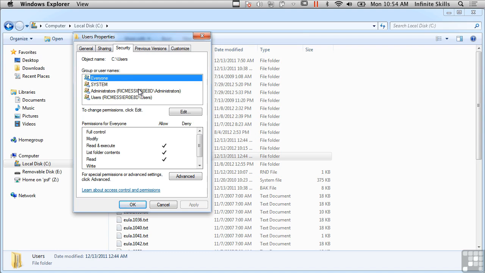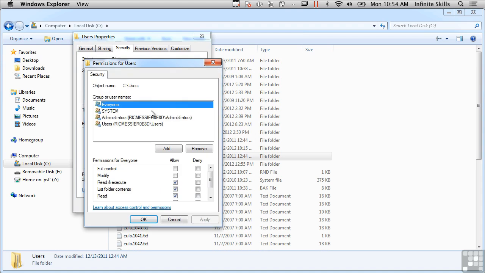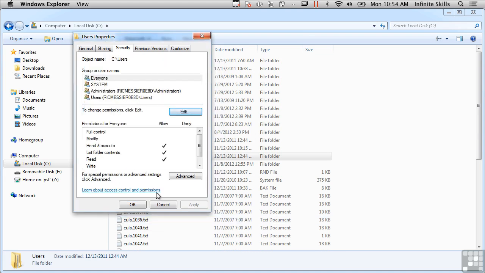So now I've got this ability to set different permissions, and you can see I've got full control, modify, read and execute, list folder contents, read, write, and special permissions. So I could actually remove some users who had permissions on these files, and I can add users who have permissions. So I've got all of these abilities to set permissions on files, which gives me a lot of flexibility